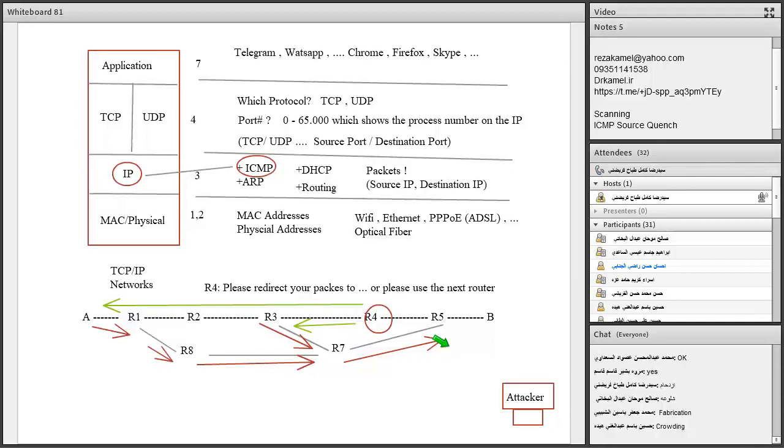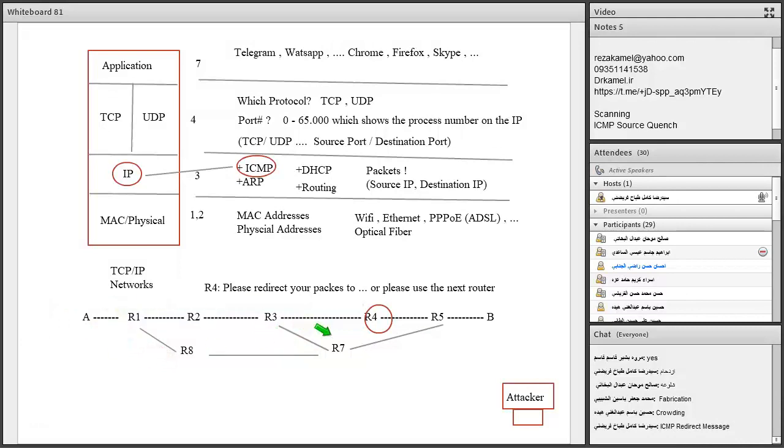So this is the protocol. This is what we can do. It's called the ICMP redirect message. This is something that normally happens in the network, that you redirect the messages from one user or one router to another router. Something that an attacker can do is, first, forge the router IP address,